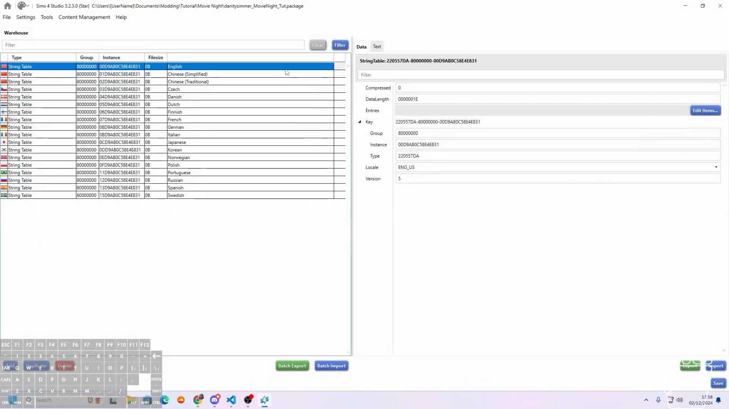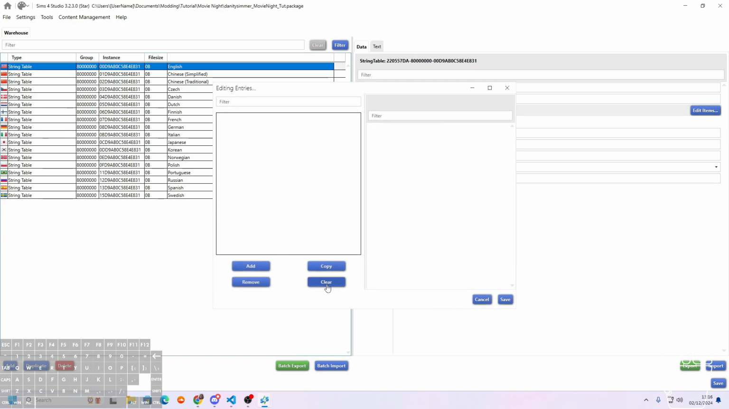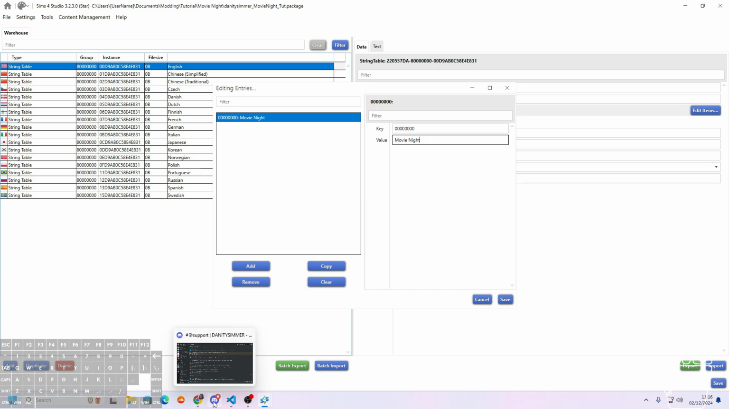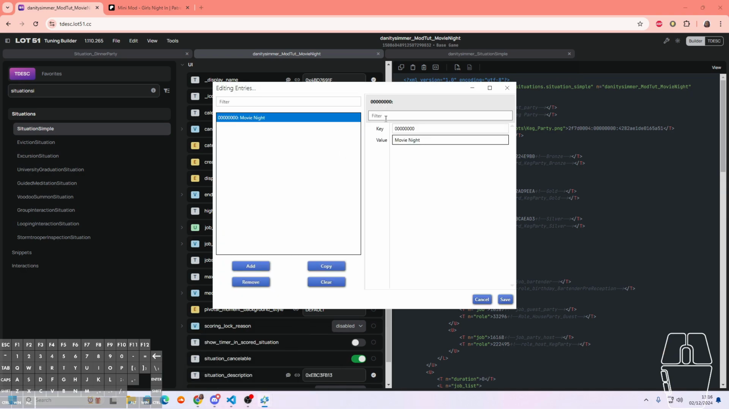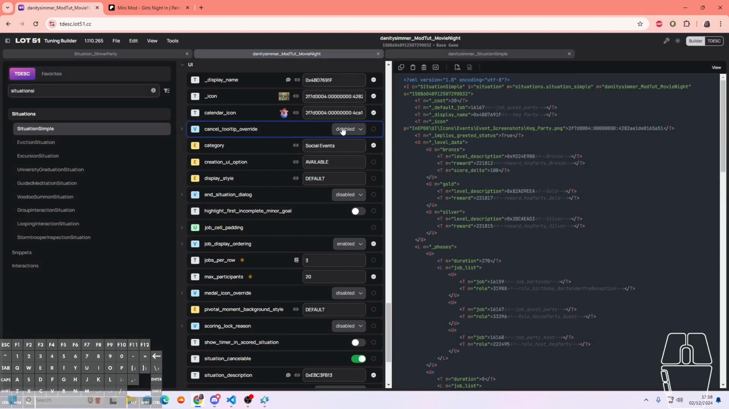I think there's already a movie night one, but let's just double check. So we're going to add it to our string language to make sure. Where is it? There it is. And then we're going to get the 32-bit. If you've gone this far in my tutorials, you should know how to do this part already. And then we're going to save it, and then we are also going to put it here,